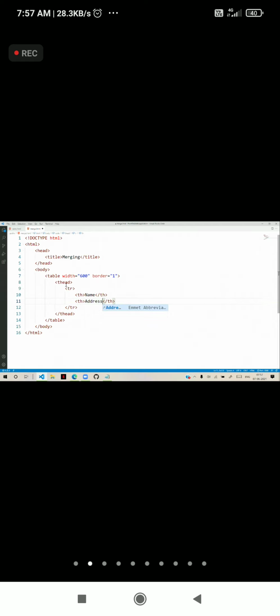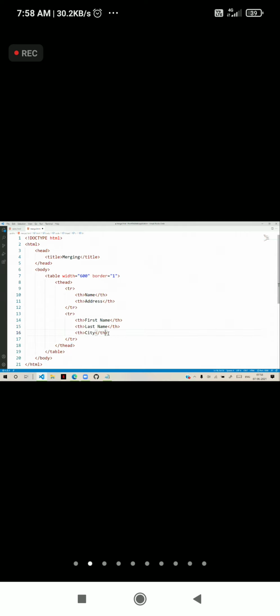In the table header I have another row, we can have any number of rows. Another th, we say first name, another th, last name, and we have th, city.